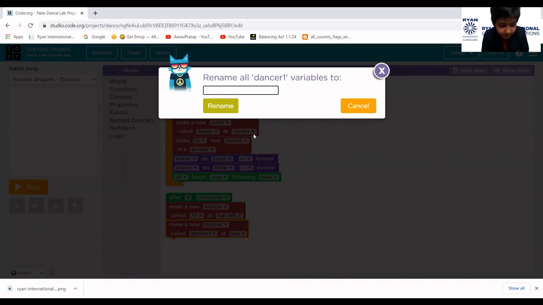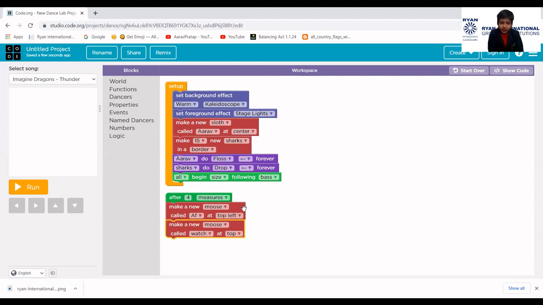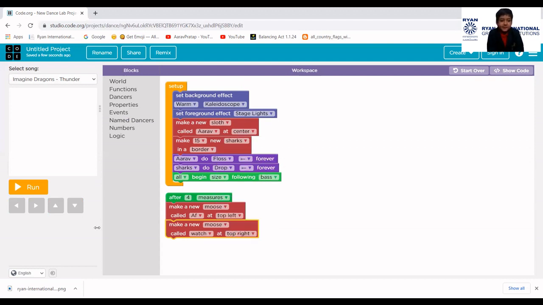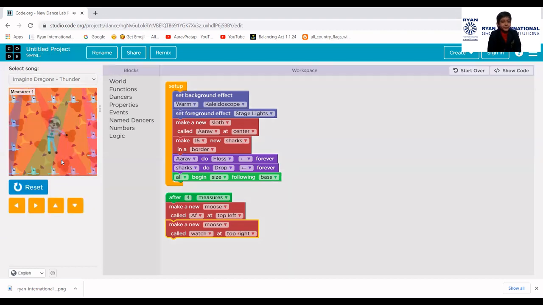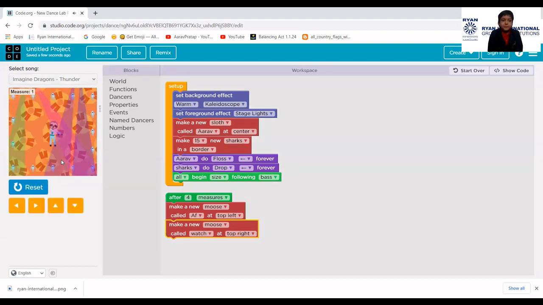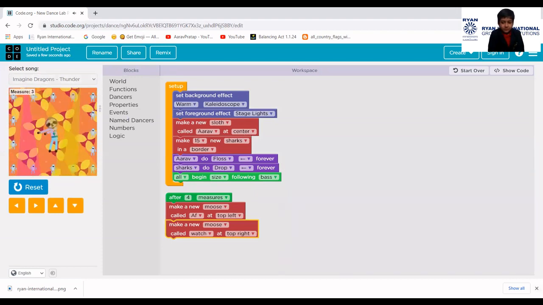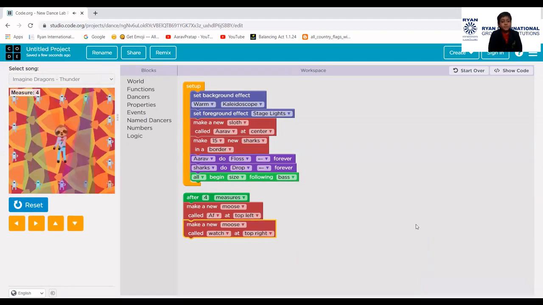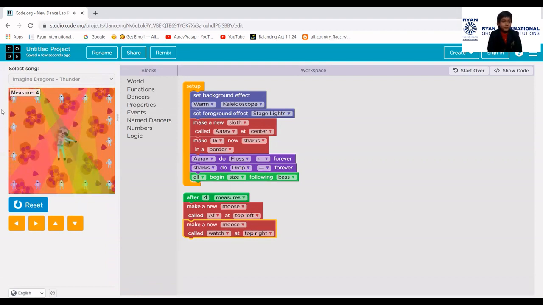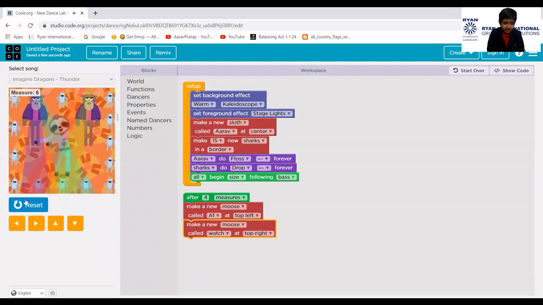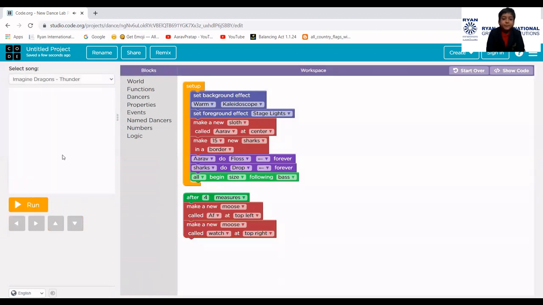We'll call him at the top right. Now see. See, the moose came. Now let's change the moose dance.